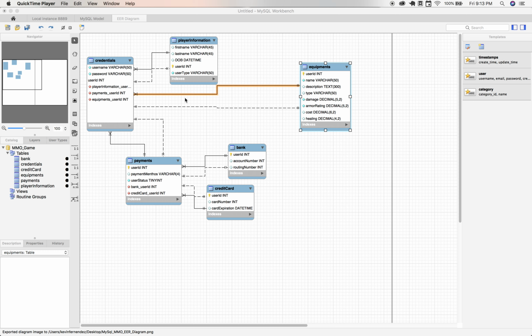So here I have my MMO for the Lab 9 Scenario 1. I chose this database because I find it the most fun of all the options, and I also thought about doing a little game. I don't know which one I'm going to build, but it is in the creative process. So I started with my credentials,